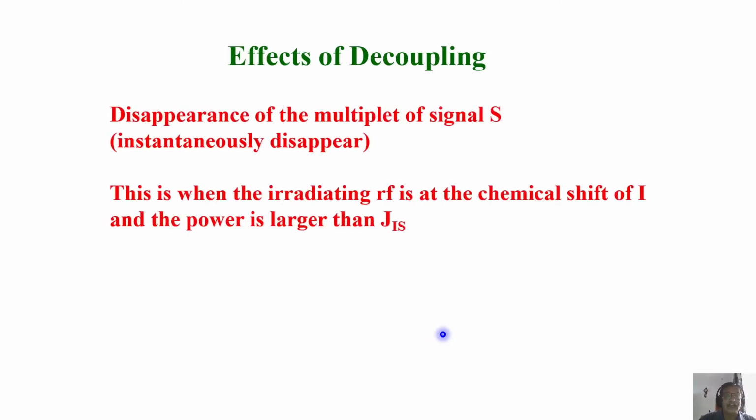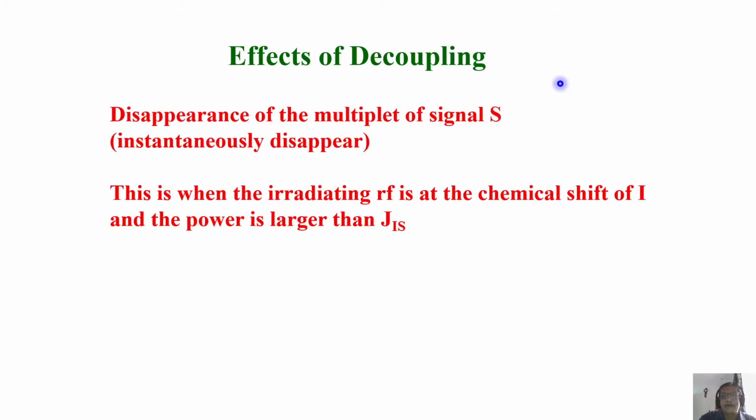This is basically a decoupling sequence. Now, there are certain effects of decoupling which we cannot forget. One effect is disappearance of the multiplet. I told you, let us say 3 protons are coupled. I hit here this proton which is coupled to 2 other protons also. This spectrum gets simplified. If there are, let us say, only 2 protons coupled, I hit this proton here.